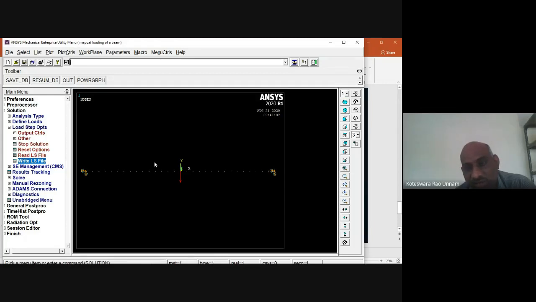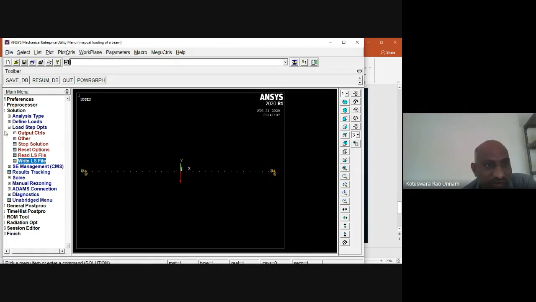First is the load increasing from 0 to 100, which I defined. Next is the load decreasing from 100 to 0, so next I need to define that one. Already up to 1e minus 4, I applied a load of 100 lbf. Now it should be decreased. So what is the final value of the load? It is 0. That means this load I need to remove for the second load step.